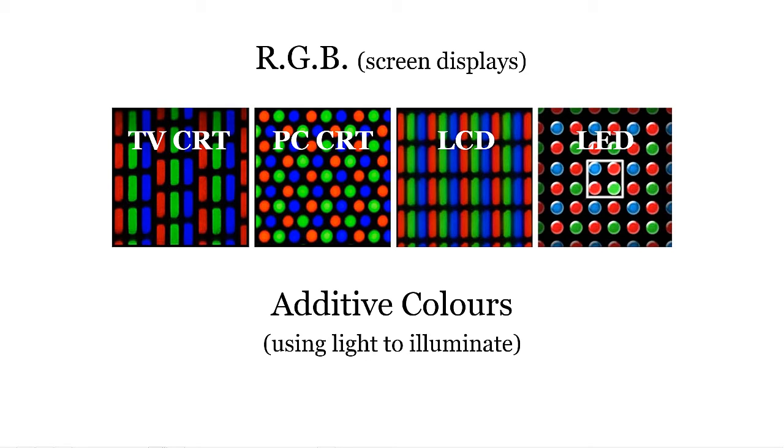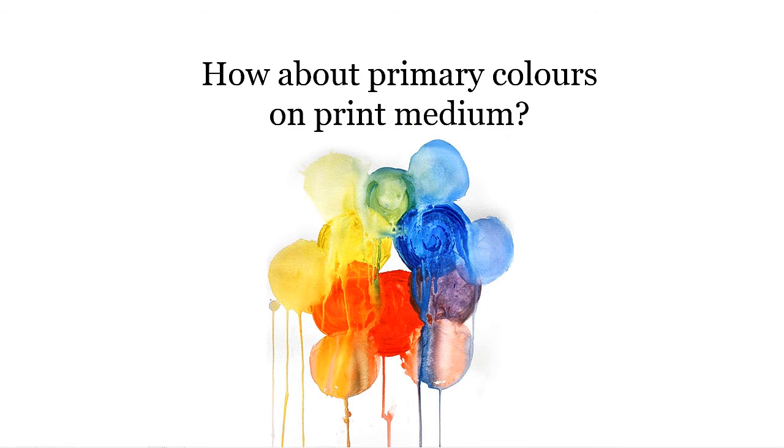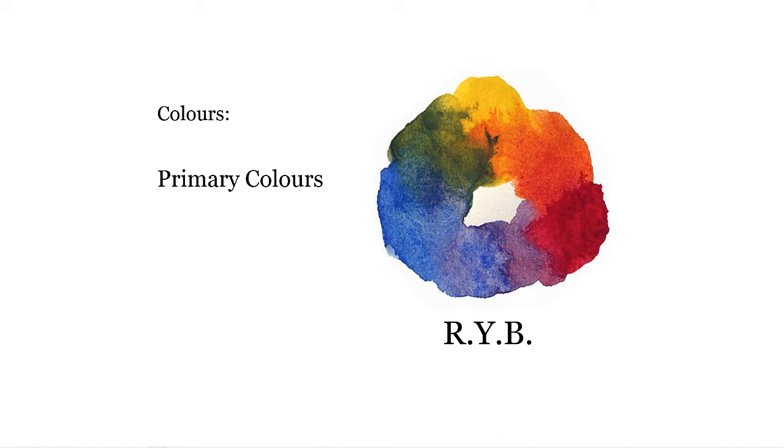But wait, that wasn't the same when you were taking art class during your primary years. At least, from what I remembered, that wasn't even a green in primary colors. Color behaves differently on print, meaning that if you were to splash your pastels onto a canvas, you'd see a different reaction. Primary colors on a printed medium consist of red, yellow, and blue. Light is reflected onto the canvas to produce the colors you see in the paintings. We call this subtractive colors.